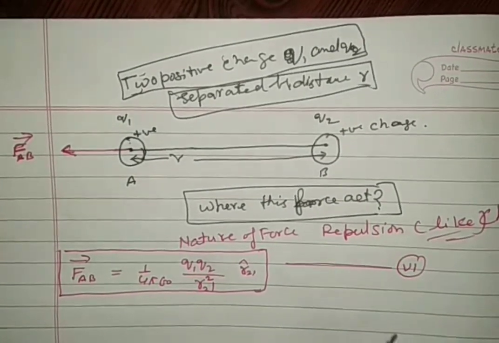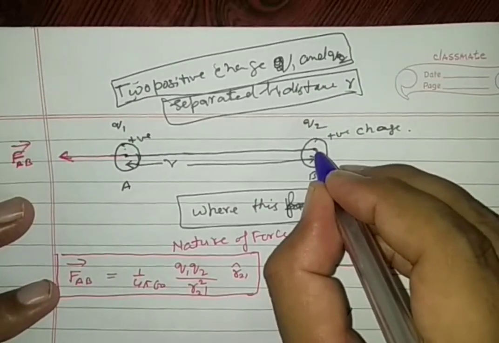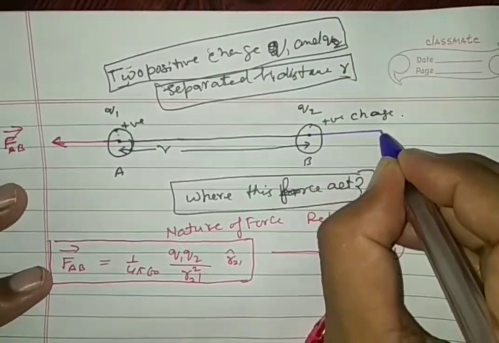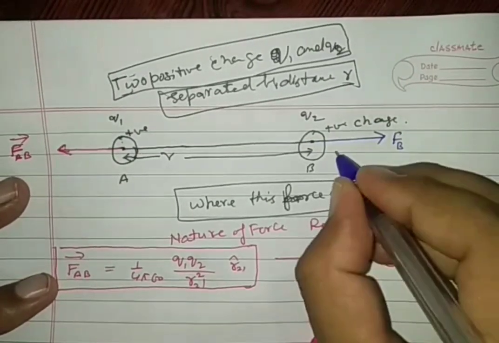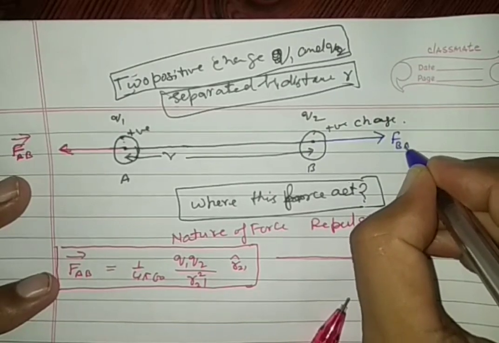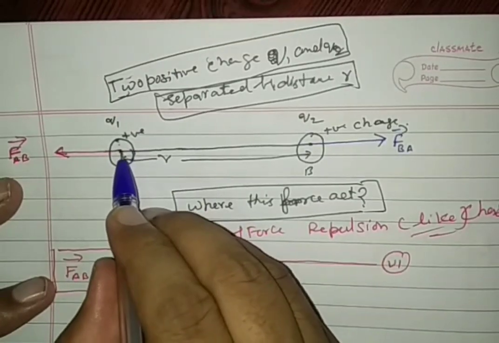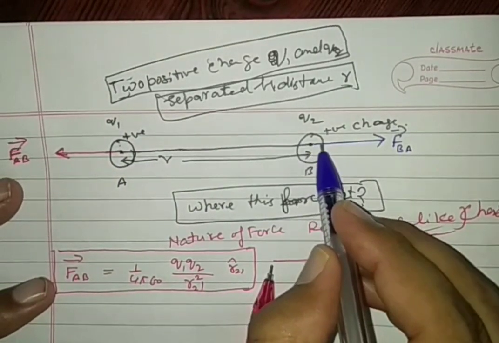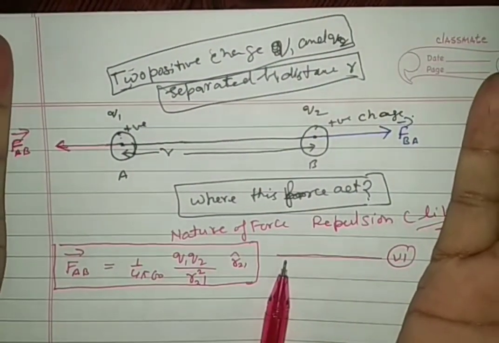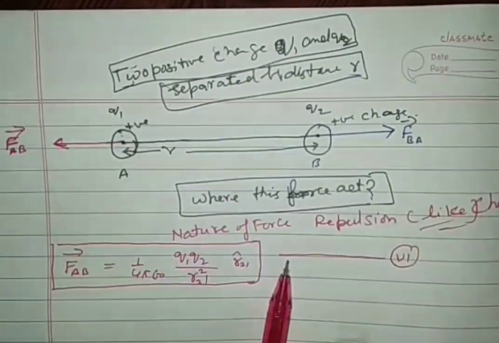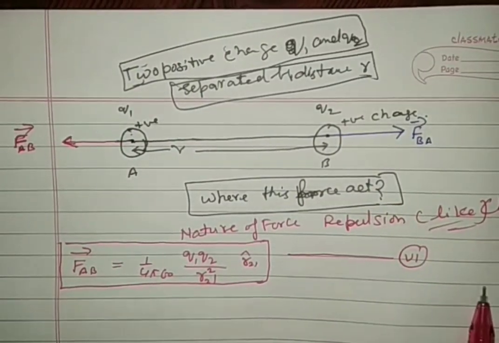Now charge B will also experience a force. This force is a repulsive force. Force experienced by charged body B due to the presence of charged body A in this direction. So the direction of force is along the line joining the charges and depends upon the nature of charges. If like, it is repulsion; if unlike, attraction. So the direction depends upon the nature of the charges and the line joining the charges. In that condition,